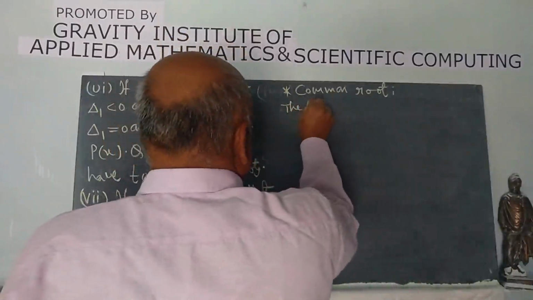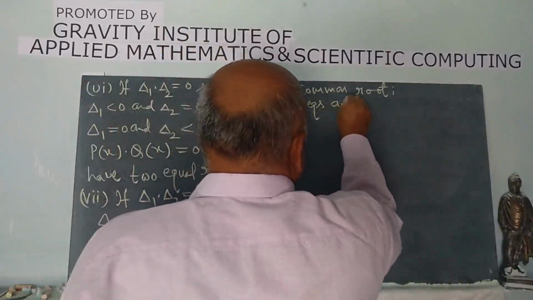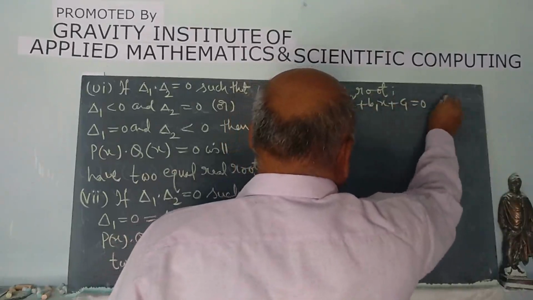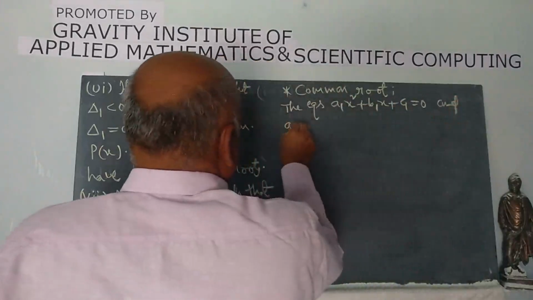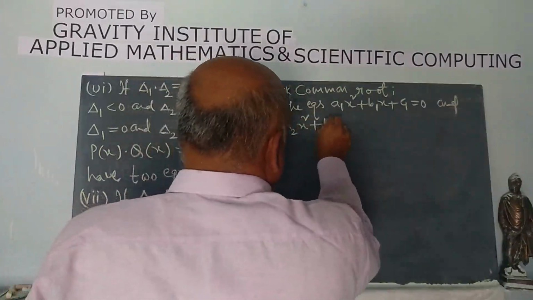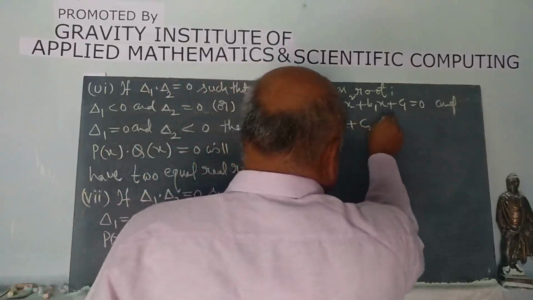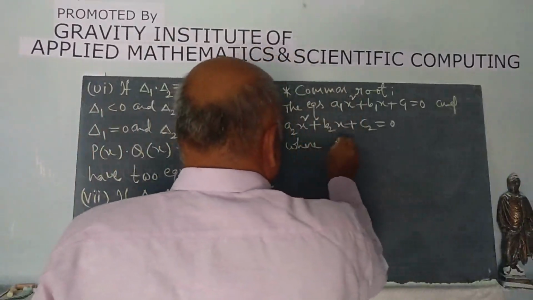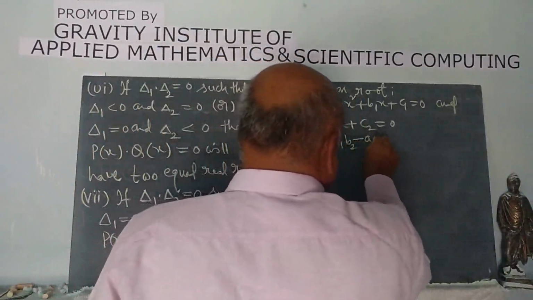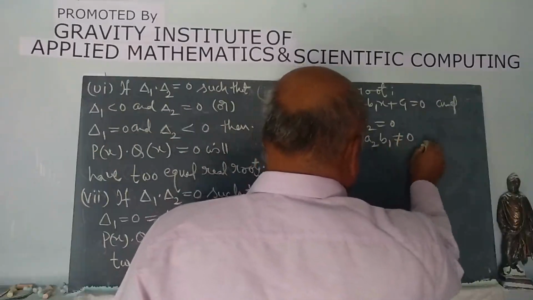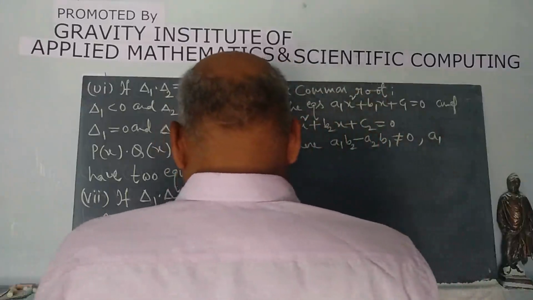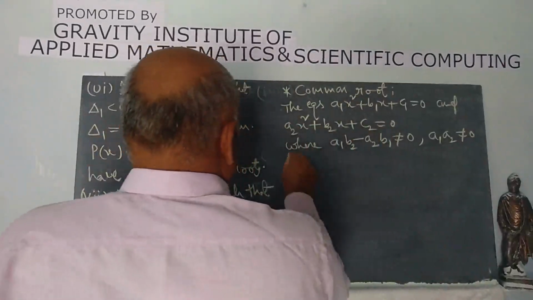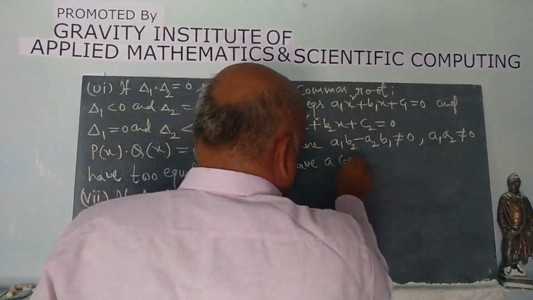The equations a1x square plus b1x plus c1 equal to 0 and a2x square plus b2x plus c2 equal to 0, where a1b2 minus a2b1 is not equal to 0, a1 into a2 is also not equal to 0, have a common root,